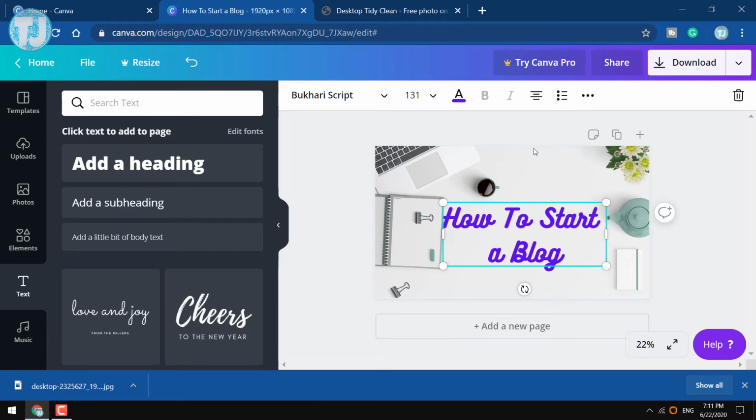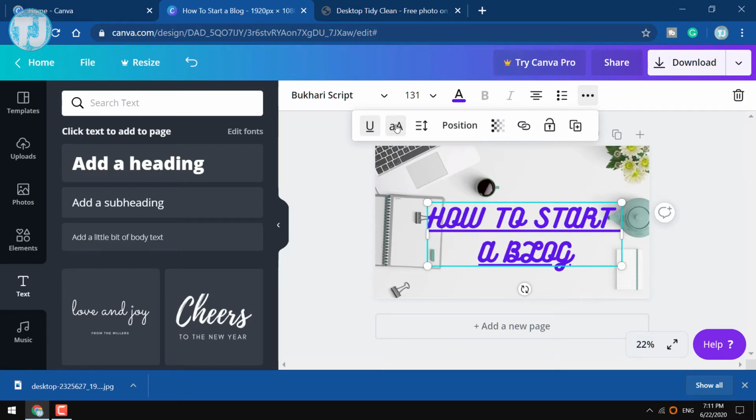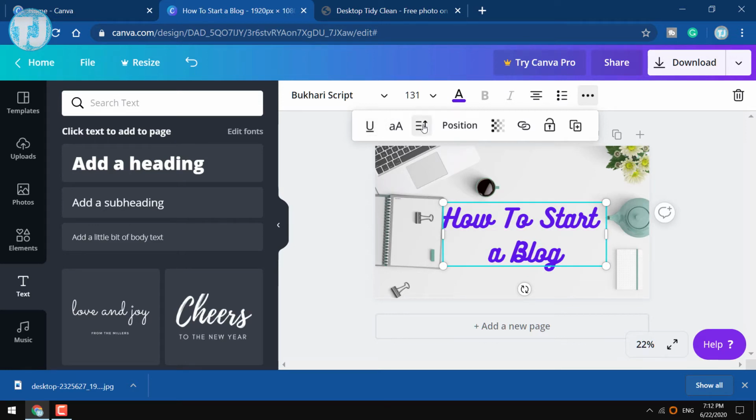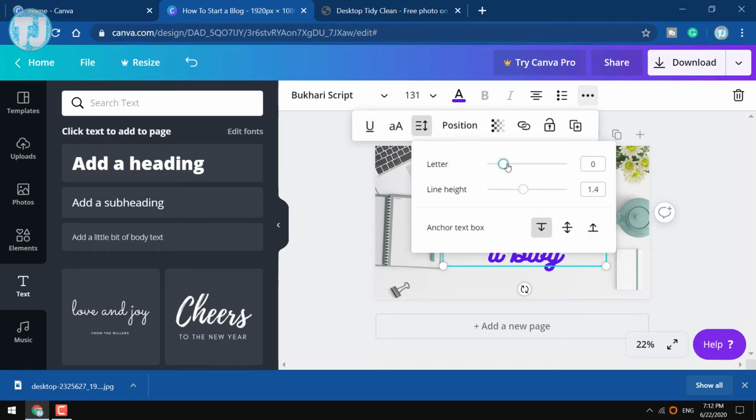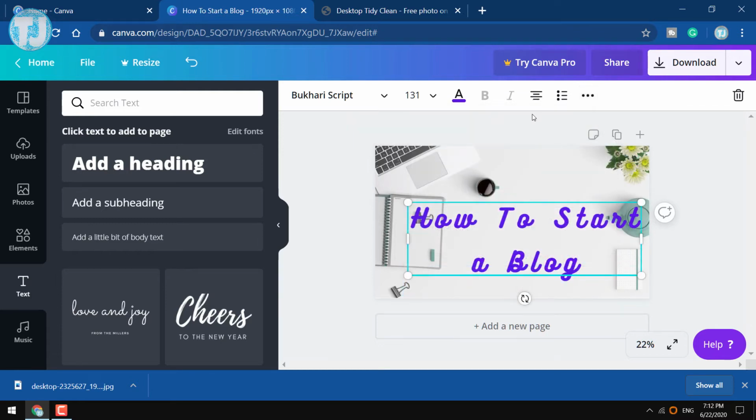If we click on this U icon, it will add an underline to your text. Friends, if you want to switch between lowercase and capital letters, just click on this button. To change the text spacing and height, this option will help you. Just increase or decrease the slider.